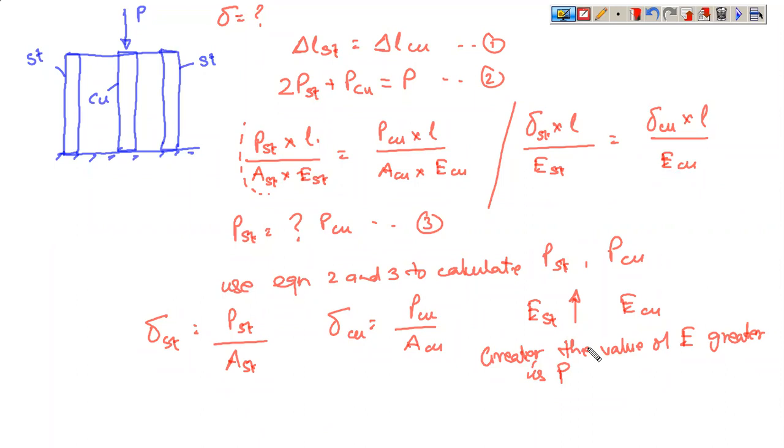So once you know the values of E, you can always estimate that किसका P ज्यादा आएगा. So if your configuration fits, then you are moving in the right direction. If it does not happen, then obviously you have gone wrong. You need to go back and calculate where did you go wrong. So now coming back to the previous problem,